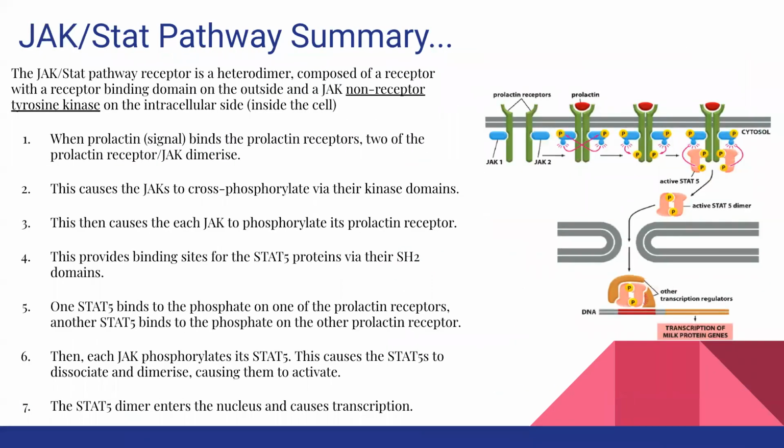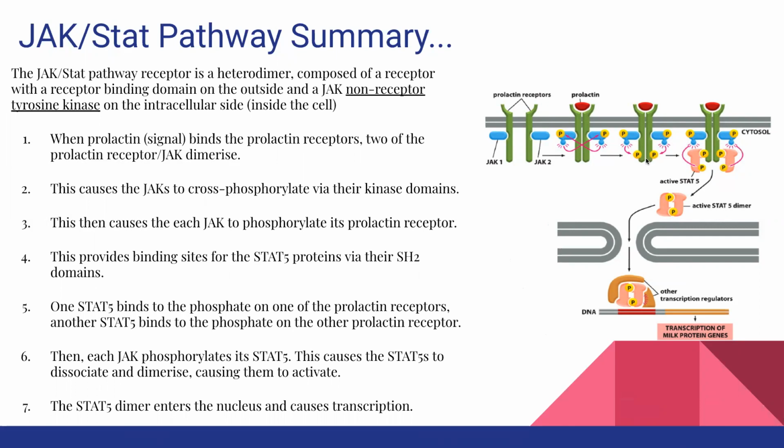Alrighty, so just a quick summary. I'm gonna go over it again. We're gonna have a signal binding. In this case, since we're talking about lactation, it's gonna be a prolactin signal binding to the prolactin receptors, and after binding, that is gonna cause dimerization. And we're gonna have JAK1 and JAK2 cross phosphorylate each other, meaning that JAK1 will phosphorylate JAK2 and JAK2 is gonna phosphorylate JAK1. And then after they phosphorylate one another, you're gonna add a phosphate to the receptor